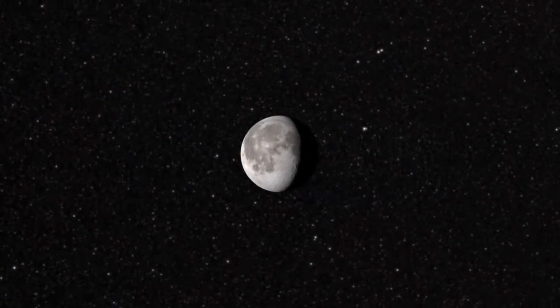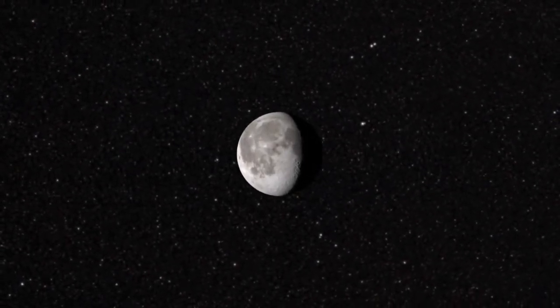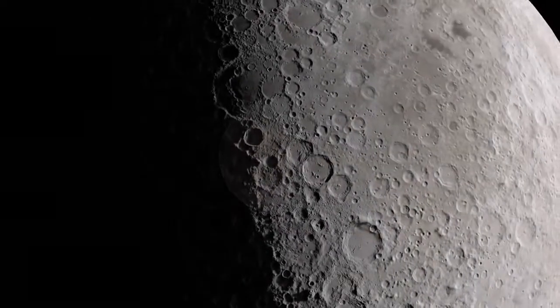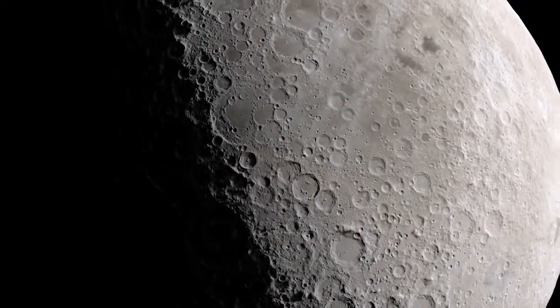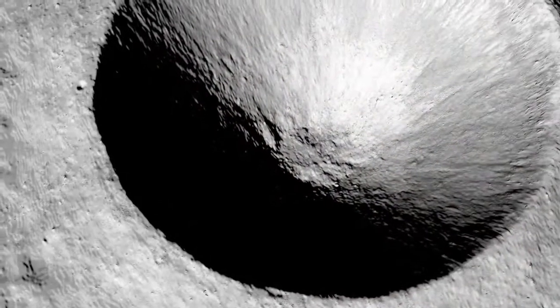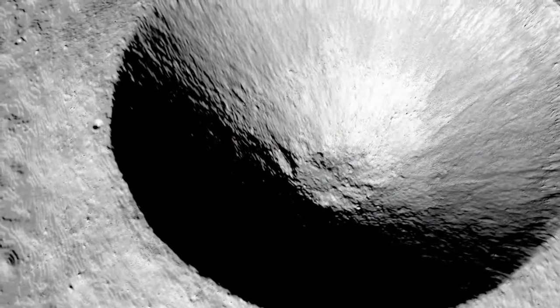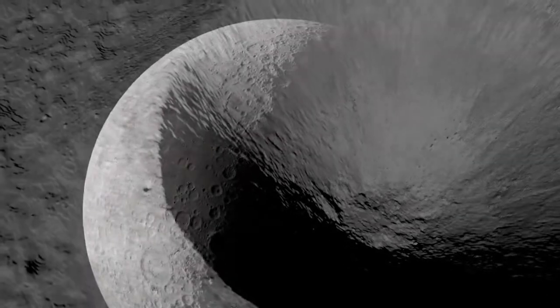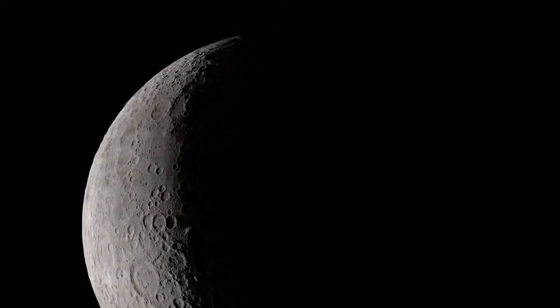To nearly everyone, the Moon appears to be a sterile, gray, unchanging world. But while the Moon has remained largely unchanged during human history, our own understanding of it has evolved dramatically. Thanks to new observations, we now have not only unprecedented views of its surface, but a whole new tour of the Moon that shows how both it and other rocky planets in our solar system have been shaped over billions